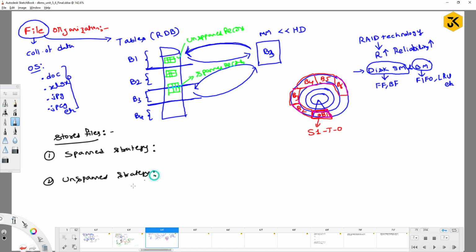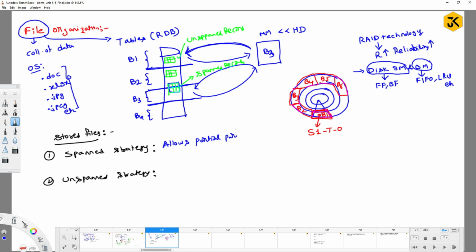The meaning of spanned is clearly defined by the word itself. In the spanned strategy mechanism, the file storing will be done across multiple blocks,